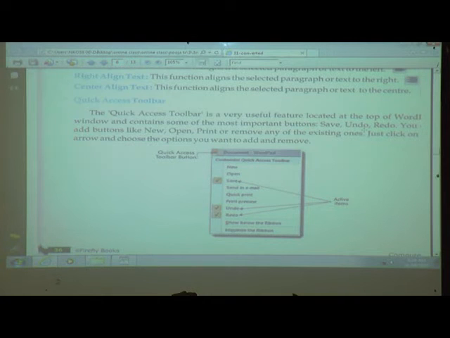You can add buttons like new, open, print, or remove any of the existing ones. Just click on the arrow and choose the option you want to add or remove. We will see practically.